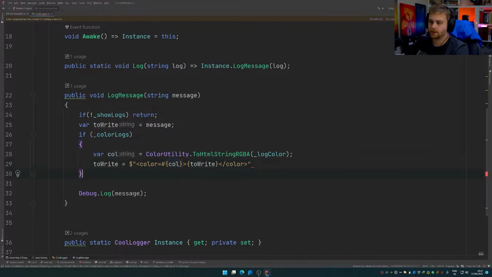So there we go, we have a nice color logging thing, and that now supposedly justifies why we are using